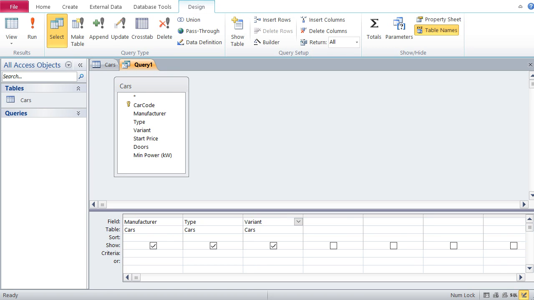Now, this lower area is also called the QBE section of a query design, and QBE stands for query by example. What I'm doing is building my query by dragging and dropping everything. There's another way to build a query, and that's through SQL. SQL, structured query language, is the language in which queries can be built, and it is used not only in Access but in a lot of professional databases like MySQL, SQL Server, PostgreSQL, etc. So knowing SQL would be a great benefit not only for your Access